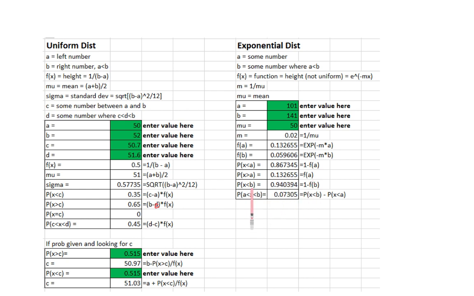Because when we're doing our probability distribution functions for the exponentials, by default, it's exp of negative m multiplied by a, that is f of a. And then if I want it less than b, it's 1 minus f of b. So I'd have to have f of b in here too. And then to be between a and b, we do the b, and then we do less than a, because b will be a larger number as a value is the probability, so it needs to be the probability of B happening minus the probability of A